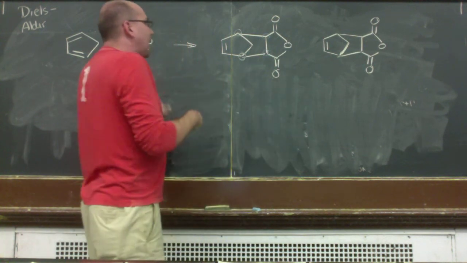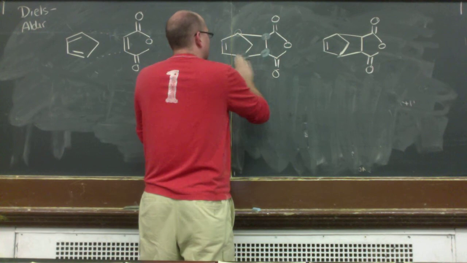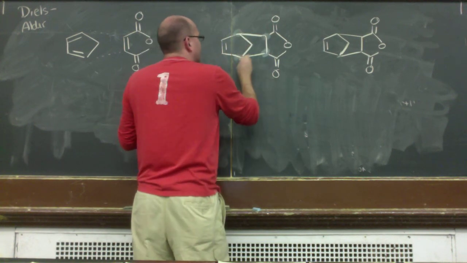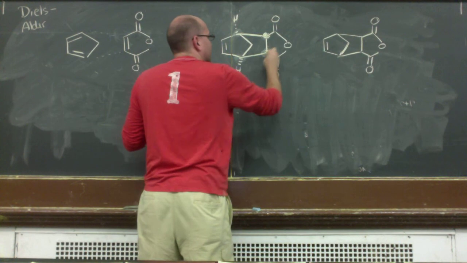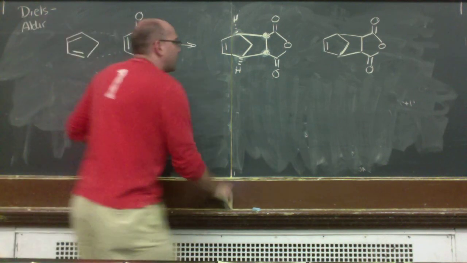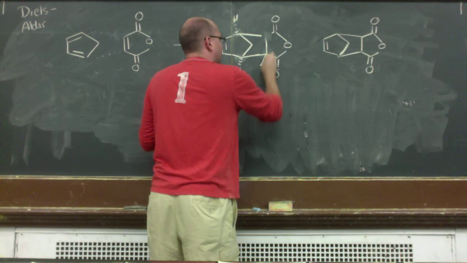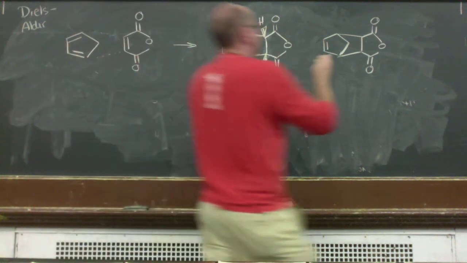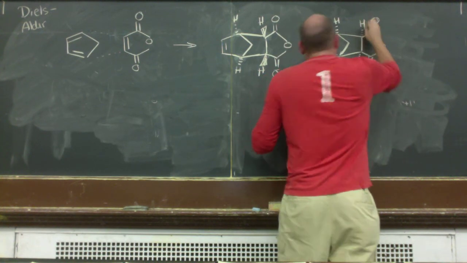Okay? Now, how we want to draw this, what I will do is I will actually focus on the protons here. Again, I'm not drawing an enantioselective process. So let's imagine these protons are going back. And these protons are coming forward. So you guys know that when you have those big circles, that's a proton coming forward. I don't know if you guys have seen that in the past. You know what? I'm not going to do that. No reason to do that. I'll just draw. Okay, so those could be the same, or these could be going back as well. Okay, now,